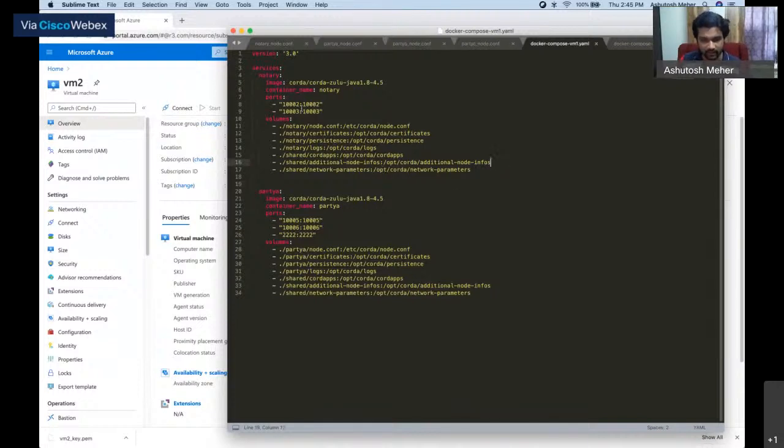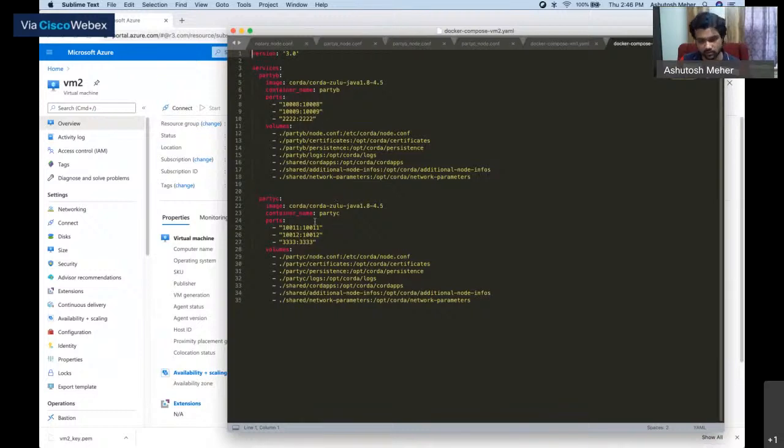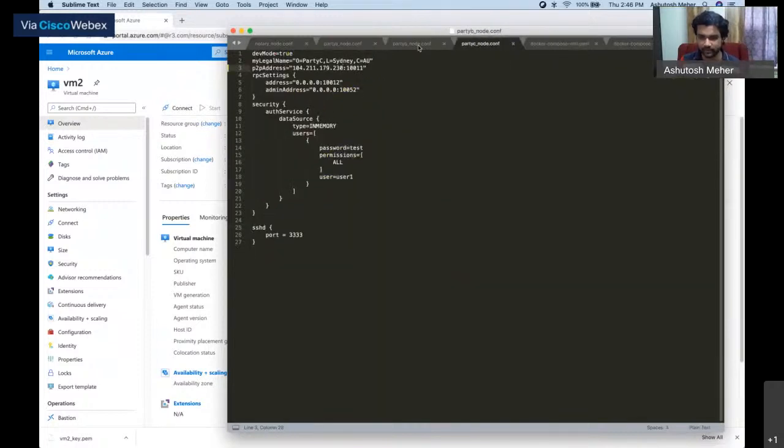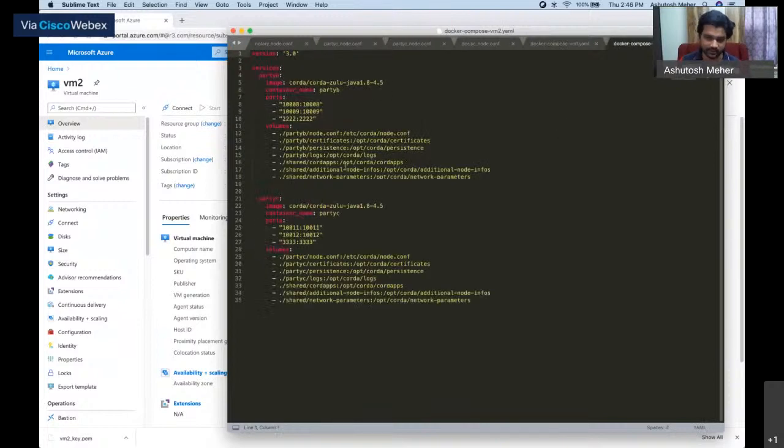I don't have an SSH port for Notary because I'm not going to log into Notary anyways. But if you want to, you can have one SSH port for that and configure it accordingly. But I do have SSH ports configured for party A, party B, and party C. Now they are different for the same reason. If it was the same port, then I wouldn't be able to identify which node I'm trying to log into. So different ports, right? Other than that, it's all the same. I think Sneha has already given you a brief of what all these things are and why we have exposed that, so I don't have to cover that anymore.